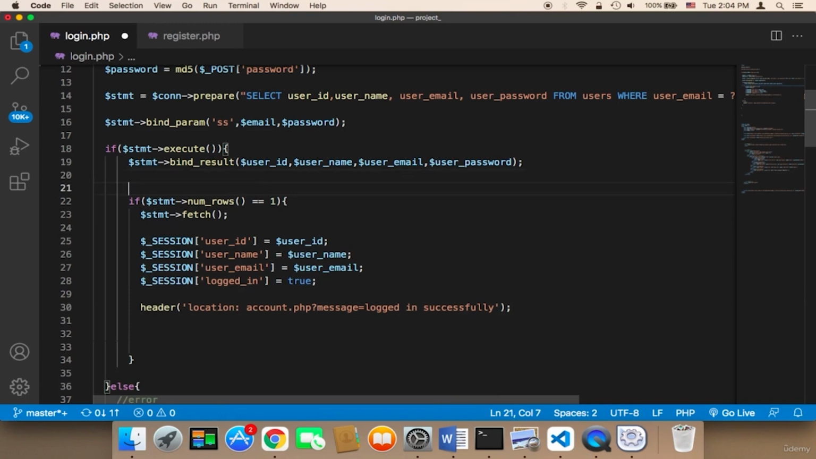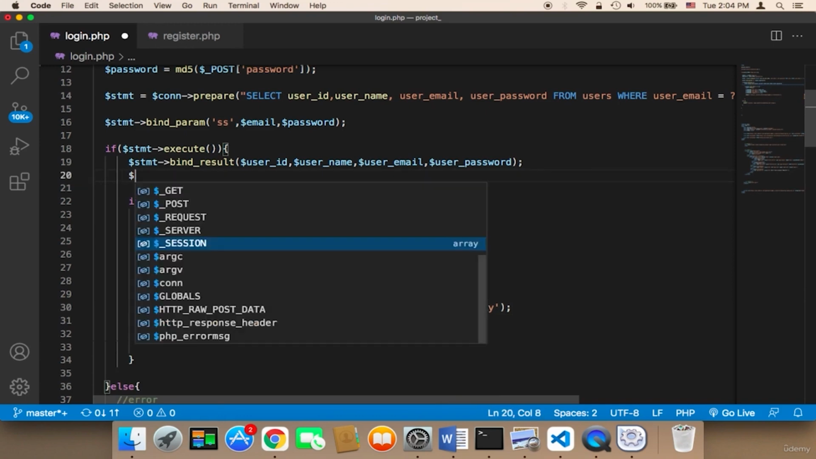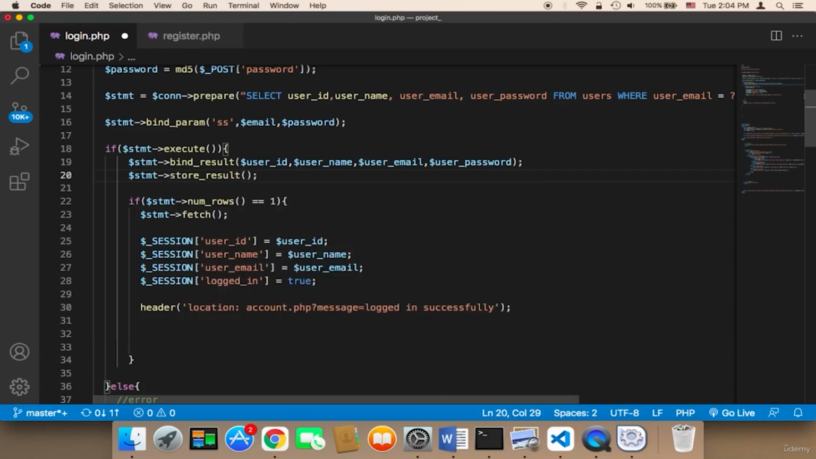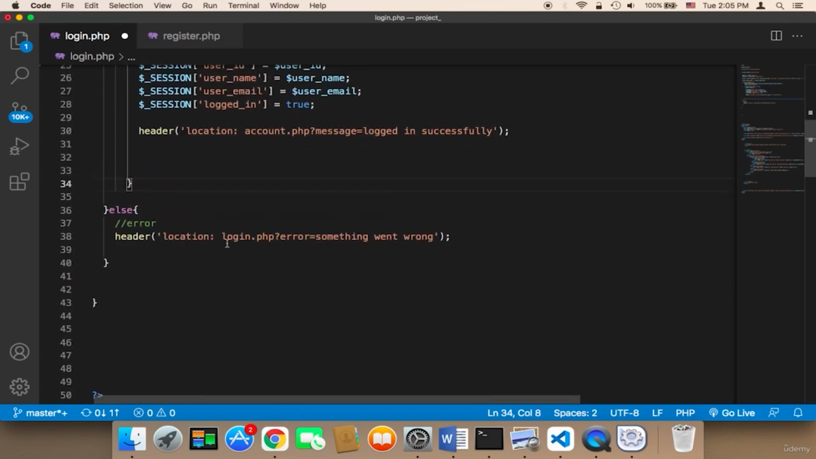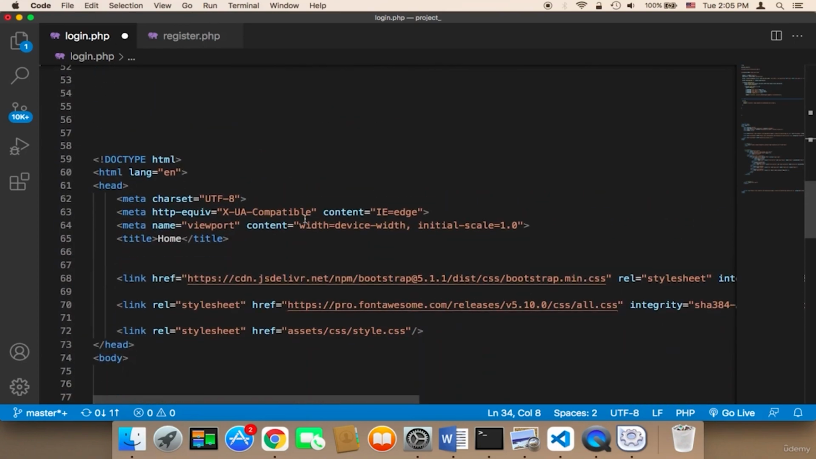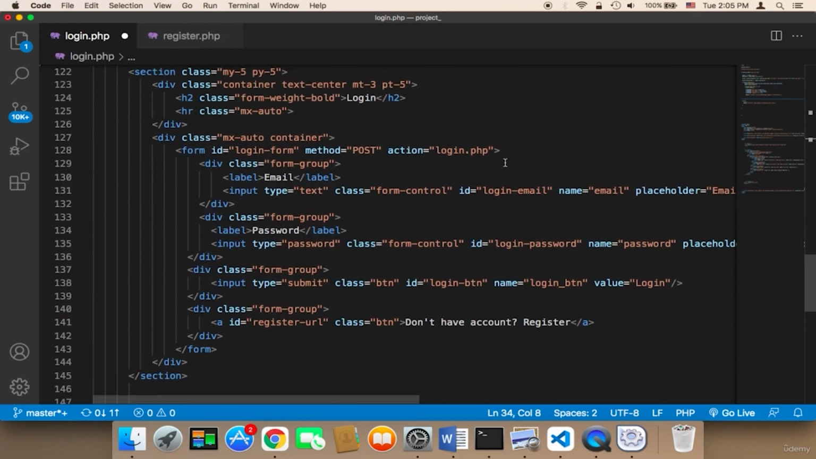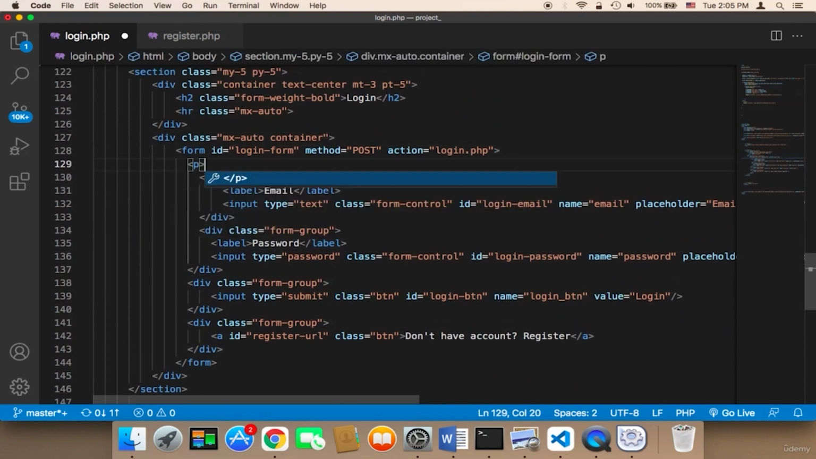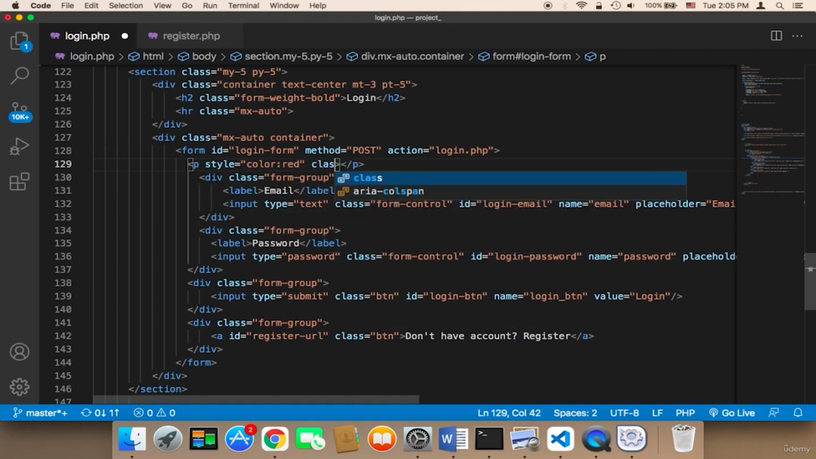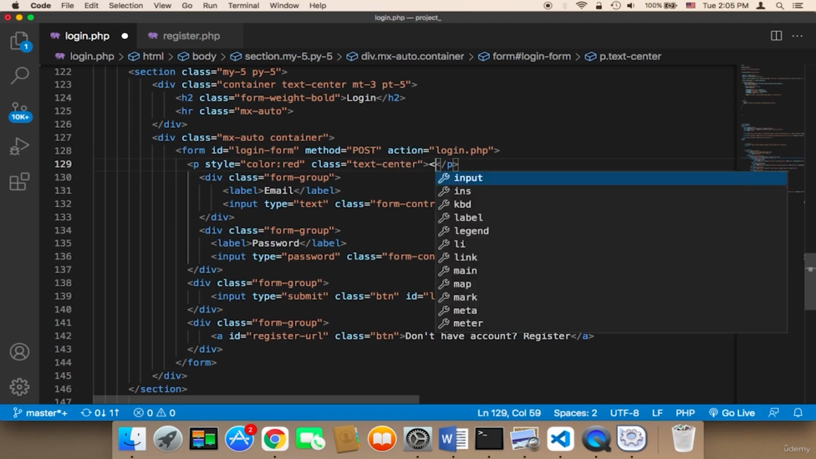And here, what I need to do before I test, I need to say statement and then store result. So that's it. Here, in case of success, we need to do this. And that's it. Let me now save, and let me also display the errors. So the errors can be displayed above the form. So above the form, here P, and then style, color, red, and class, text center. And here I'm going to say PHP,